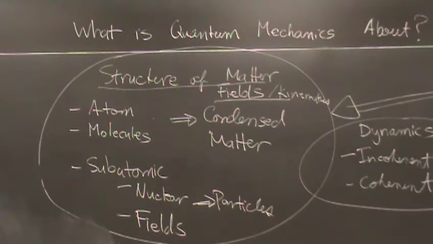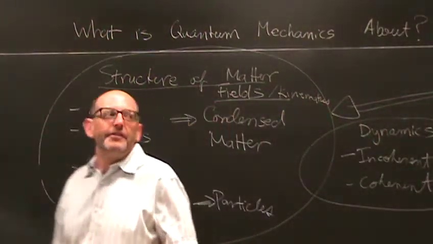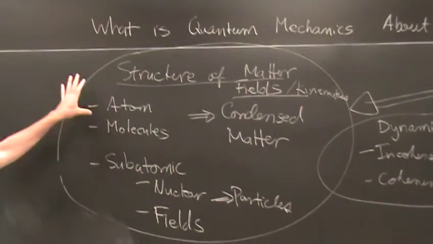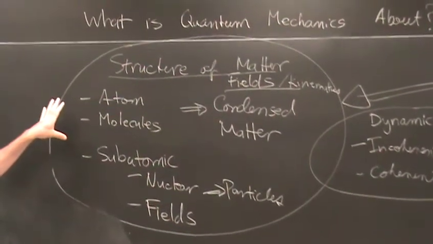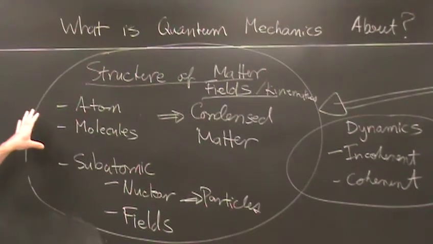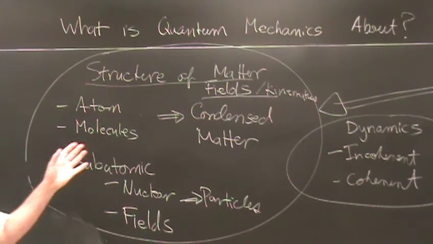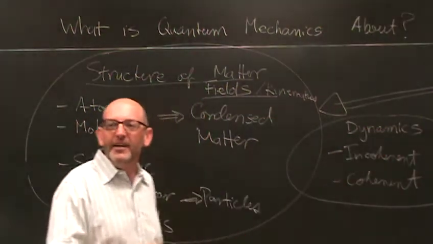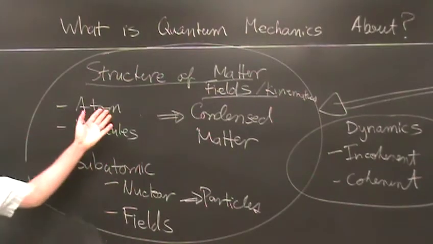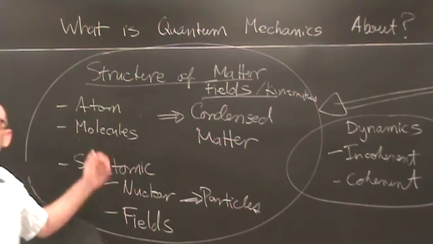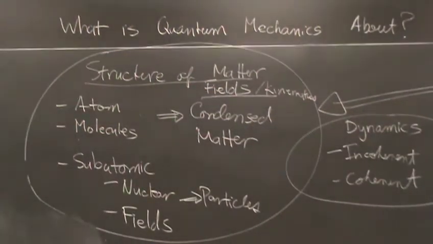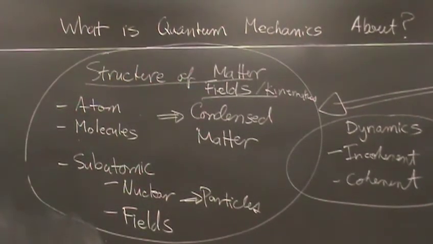This stuff may seem a little sexier, but to really understand all of it, and it's important as physicists, to have all of these foundations as well. We best understand what the heck is a molecule. What's the Born-Oppenheimer approximation? These are things that are forgotten because they're not sexy anymore. We all want to learn about Bell's inequalities. But we better understand something about the spectra of atoms and molecules if we're going to do astrophysics. We want to understand the universe. We're going to be graduate students in physics. We should understand the structure of matter and fields. So we'll be spending quite a bit of time on that as well.